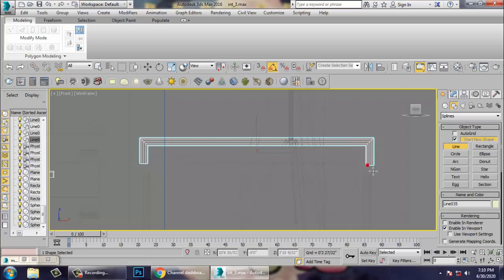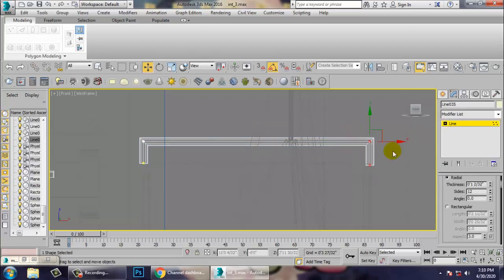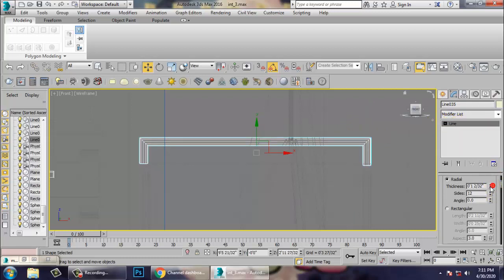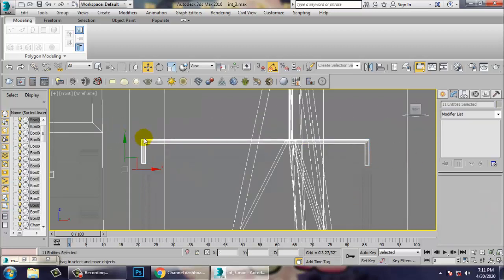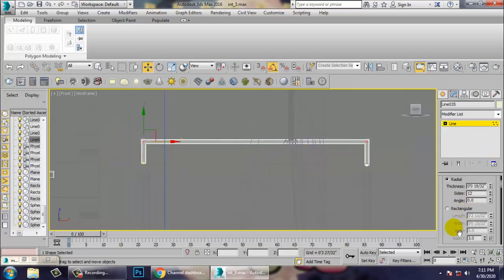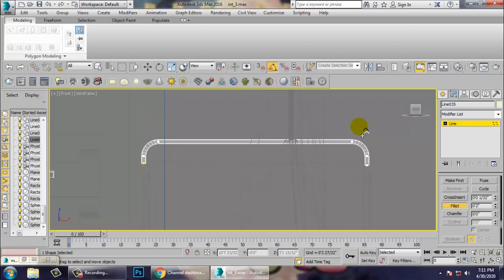Just take a line. So just push it in this way, reduce its thickness, select the vertices and use a fillet over here. So use a fillet.